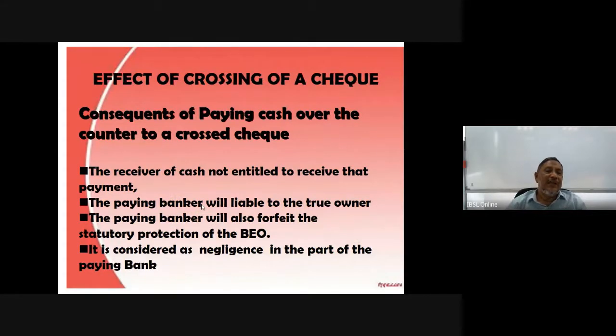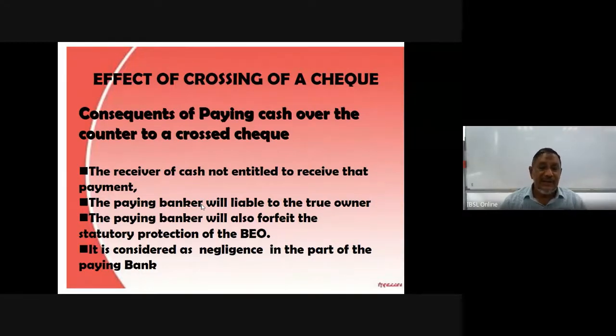Effect of a crossing or a stamp, consequence of paying cash over the counter to a crossed check. So when a check is crossed, it cannot be used to get cash over the counter. It is a practice in the bank, it has to be opened. The paying banker will be liable to the true owner when, after paying the check,